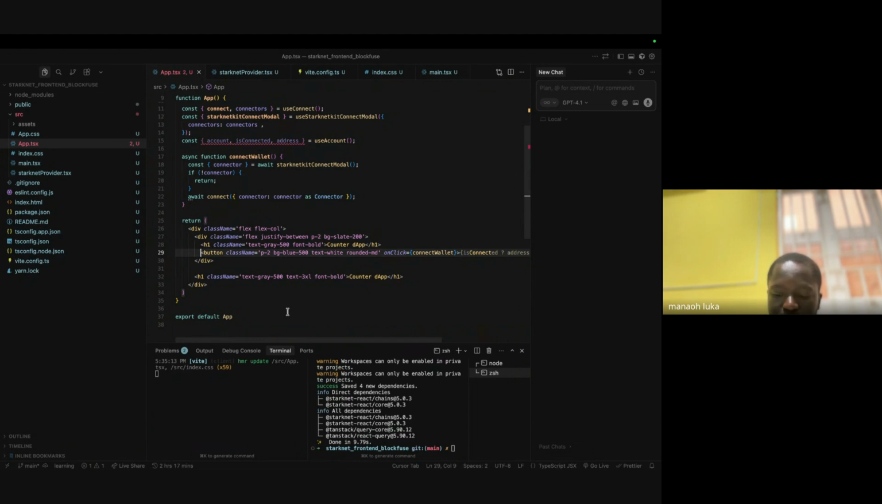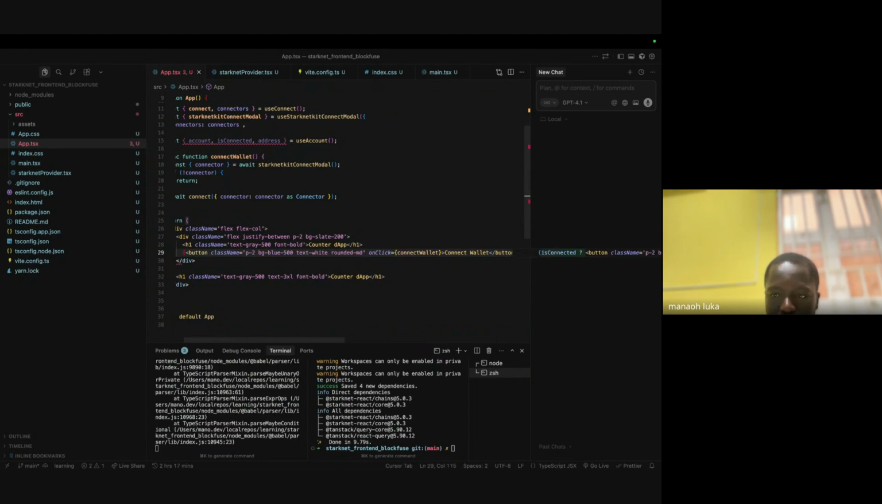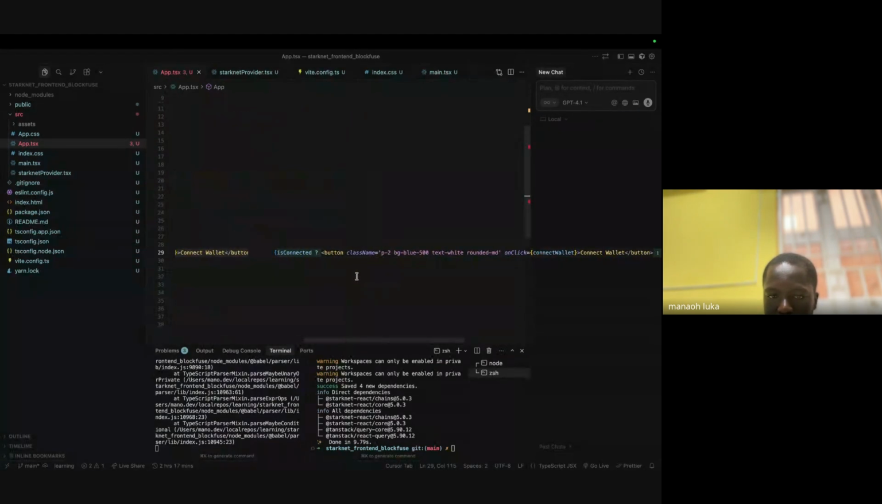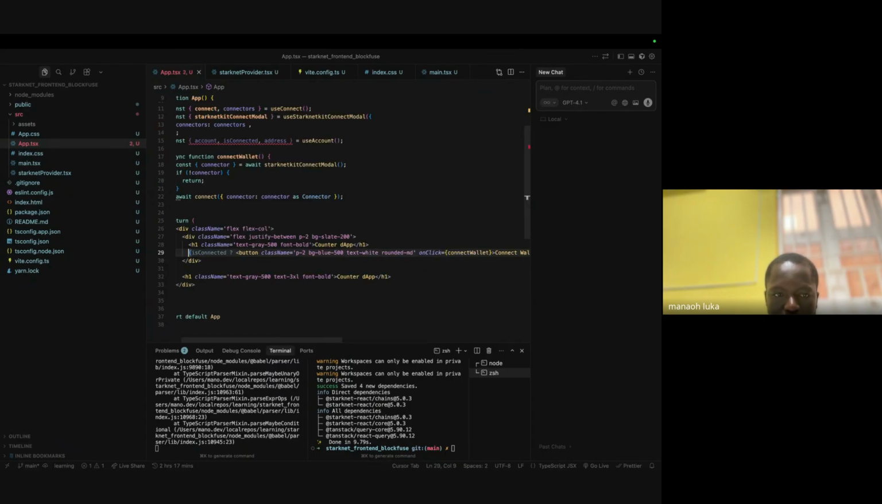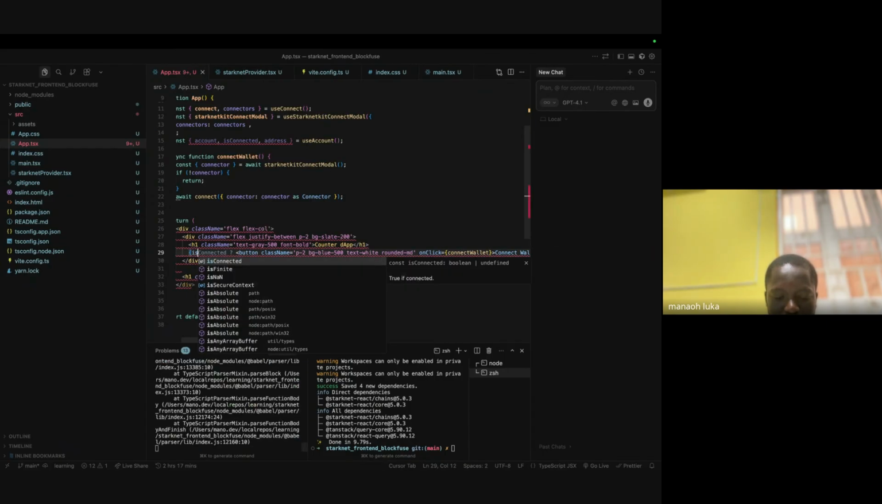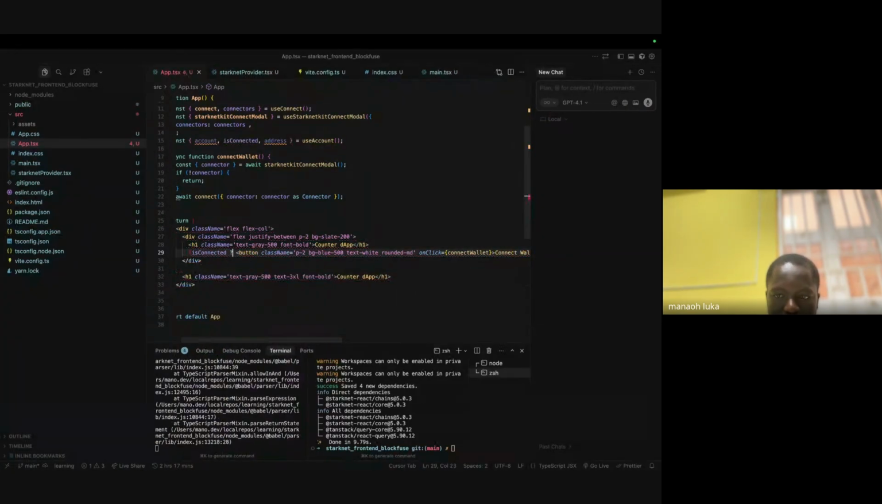So we're going to write a simple ternary operator. For JavaScript devs, we know what that is. So the ternary operator is to dynamically... so if it's connected, right, this is the first side, it should show us a disconnect button. So this is going to be the trade-off. But if it's not connected, it should show us a